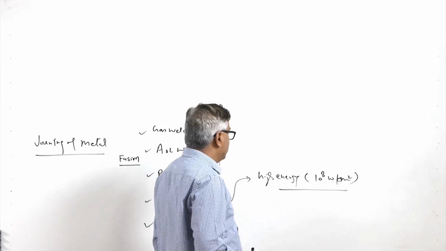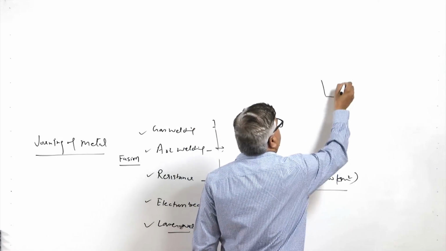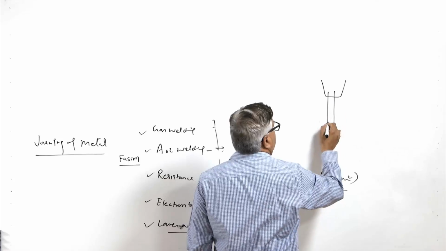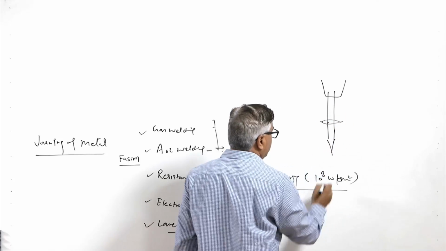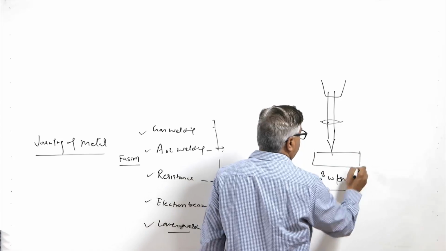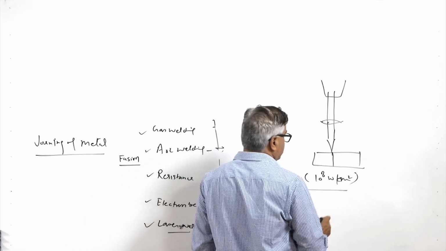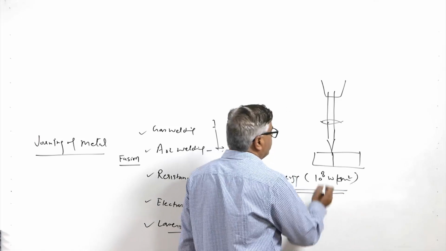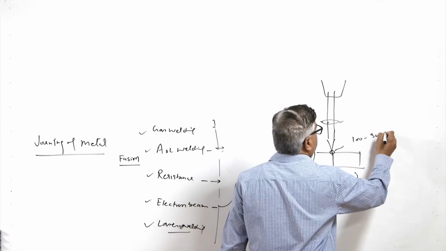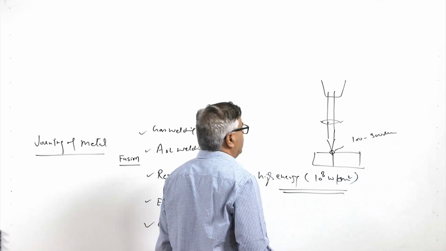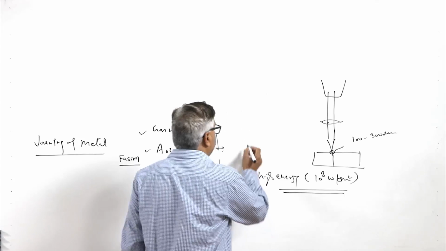In this case there is a source of the beam, which is directed through lenses and converged onto the location where the joint is to be made. So, say this is the location of the workpiece: the beam is focused over a very small area, like say 100 to 300 micrometer in diameter,